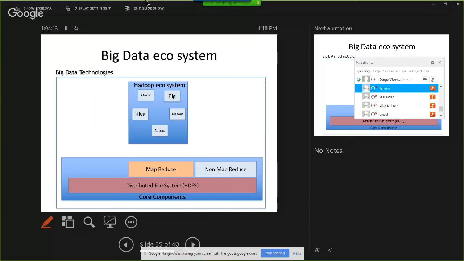All these are MapReduce based tools. So Scoop is just an export import utility. Hive is SQL. Pig is an alternative to SQL. Some people are averse towards SQL. They feel that SQL is inferior and it's not meant for solid programmers. So there is a bunch of people in Bay Area who think that people who are using SQL are inferior. Okay, for those people, they have developed Pig.